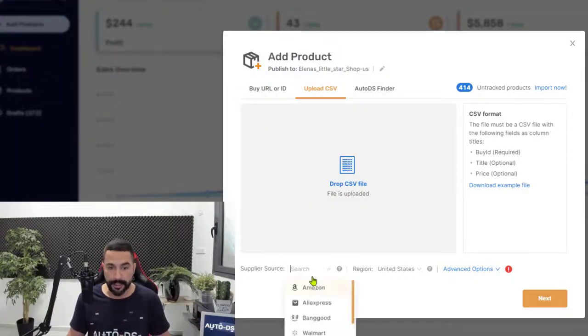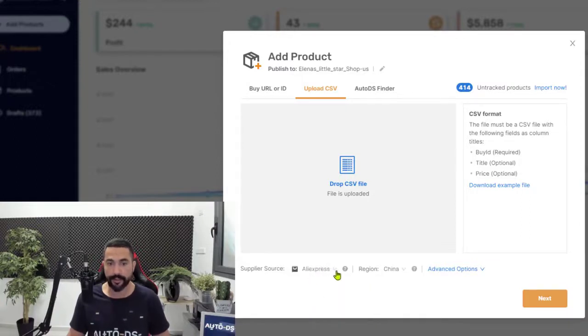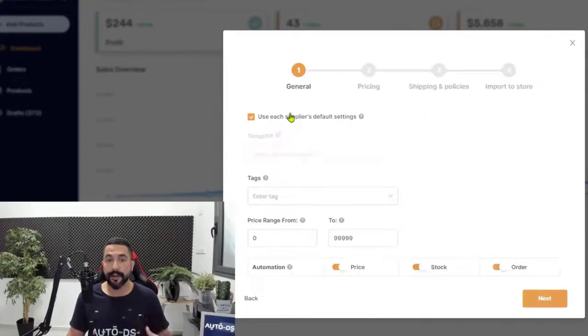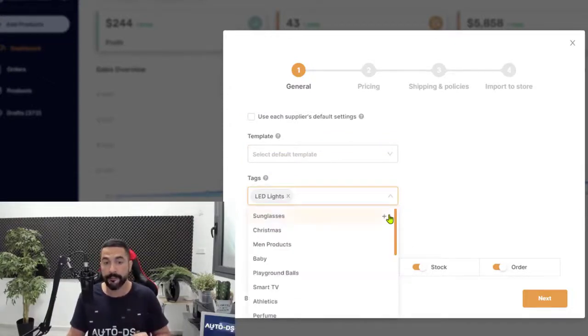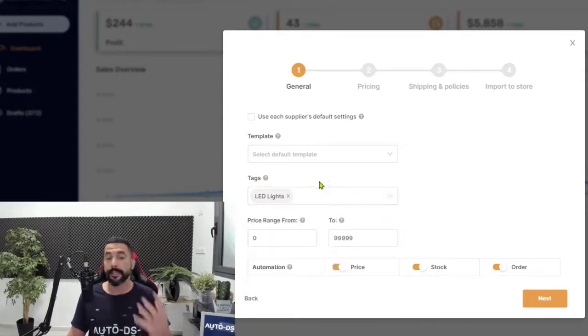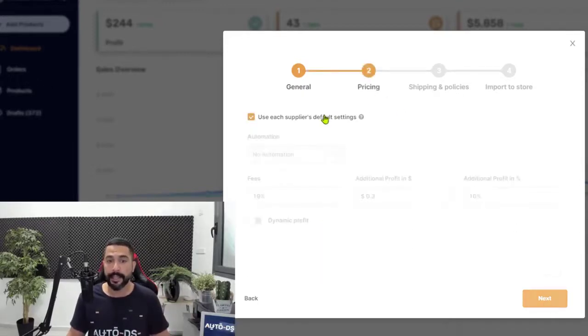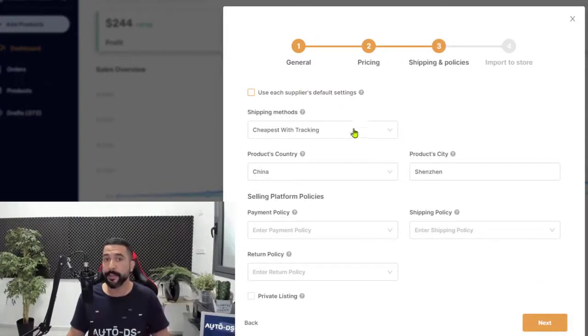Now I'm going to choose my supplier source, which was AliExpress in this case. The region is China. And we're going to click on next and start configuring our general settings, like the product template. Create a tag called LED lights so you can always analyze this niche specifically, so you won't have to search one by one for the products to get to them. Select the automation settings to have AutoDS monitor the price, the stock, and automatic ordering. Click on next, set your pricing settings, click on next, and then once you're done setting your shipping and policy